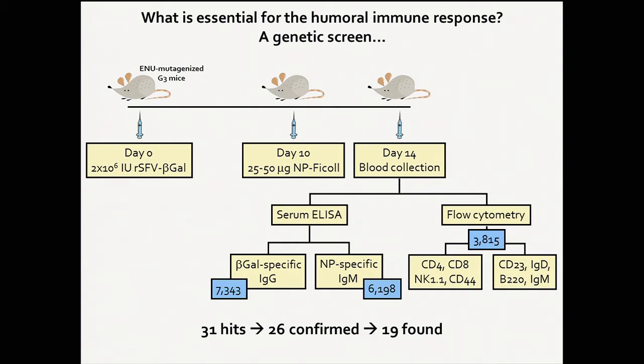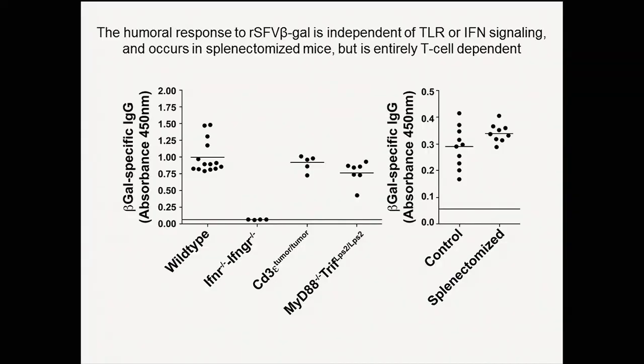T-independent response, and of those, 3,815 were checked by flow cytometry, since these were implemented at different stages in the screen. We had 31 hits, and of those, 26 were confirmed as transmissible, and 19 mutations were actually found, and they fell into 17 genes. I'll show you those genes in just a moment, but let me just tell you one more thing about the